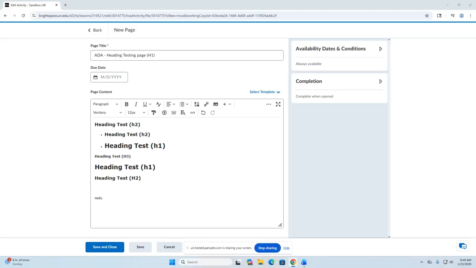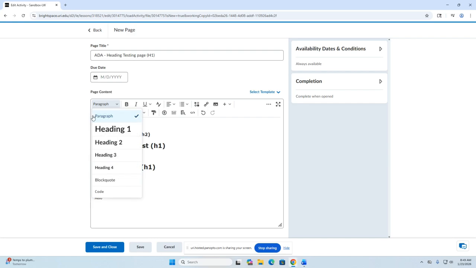Headings have a couple common formats. In this Brightspace window, I'll be showing you under format, we have paragraph, which is our most common text option. This is like for if you have a long-winded text. Heading is usually reserved for the page title. So in our example, the page title is